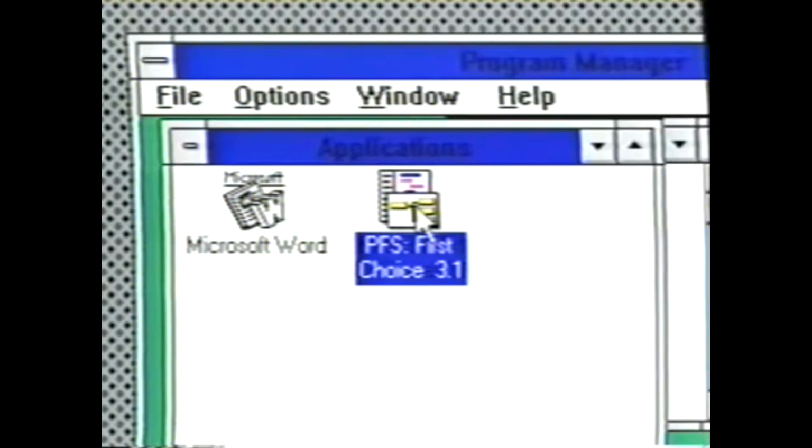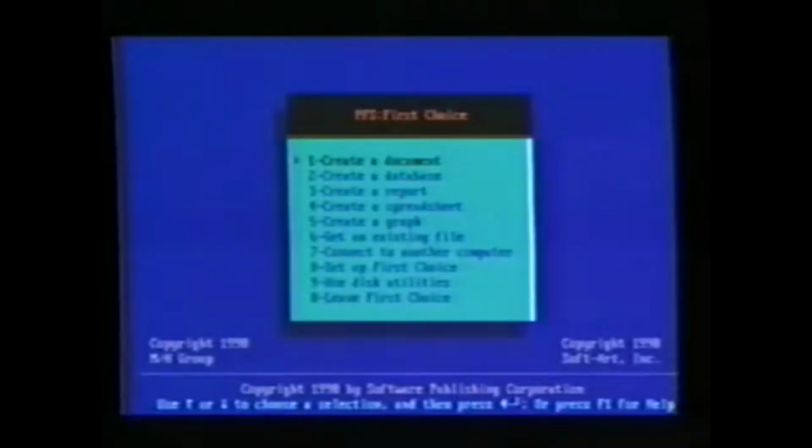Viewers, we are using First Choice to demonstrate how a non-Windows application works with Windows. To follow along with us, open any word processing program you have on your computer. Please don't use the Windows Write program. A non-Windows application wants to run full screen. That is, it will take over the entire desktop and will look exactly like it does when you start it